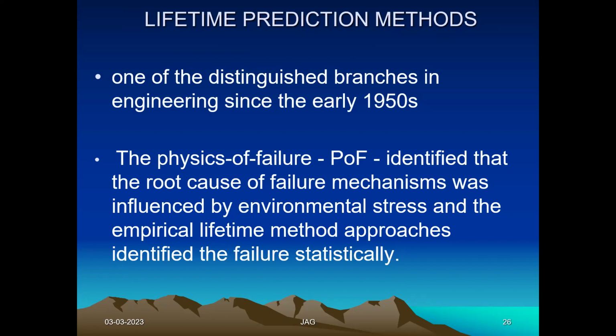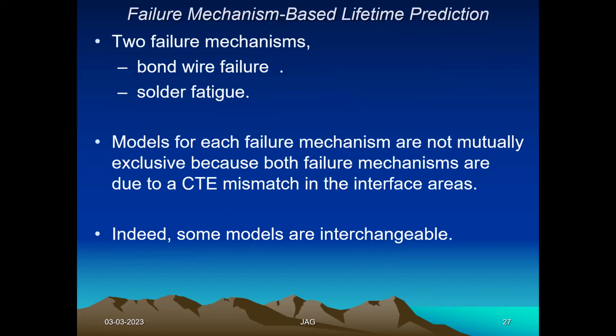Lifetime prediction has two methods. One is empirical relation based failure prediction, and the other is physics of failure based failure prediction. Both are possible in lifetime prediction or remaining useful life, RUL, prediction. So what is the mechanism for failure? That you identify. We have already discussed many mechanisms. By identifying that physical reason, you can avoid it. So that is called physics of failure based